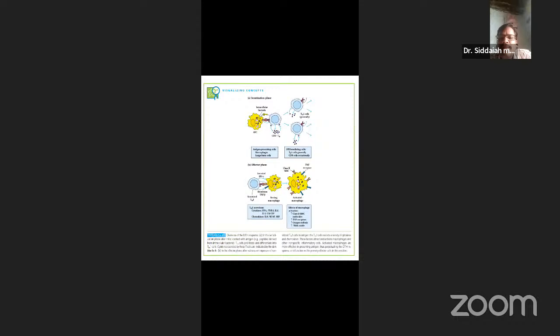So when the intracellular pathogen occurs, the antigen presenting cell engulfs the intracellular pathogens and presents them with the help of MHC molecule 2. These antigens are recognized by the help of T helper cells, and this binding facilitates the release of different types of cytokines,